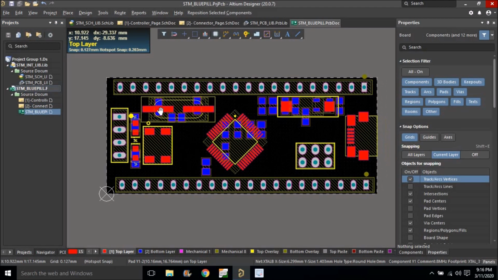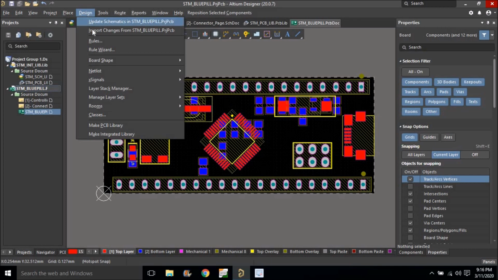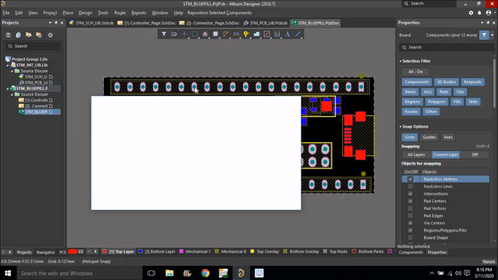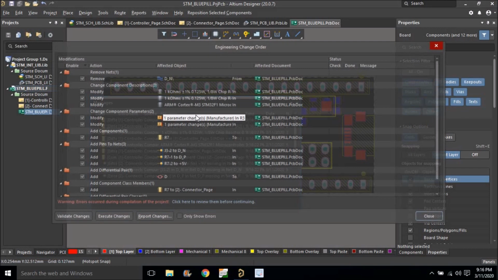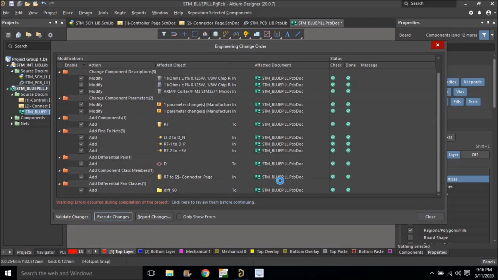So here I'm just going to import these properties, whatever changes we have made. So go to the design, import changes. Right? So these are all the changes. See, our nets were D_P and D_N, so the Altium Designer just made it a differential pair, right? Execute those changes